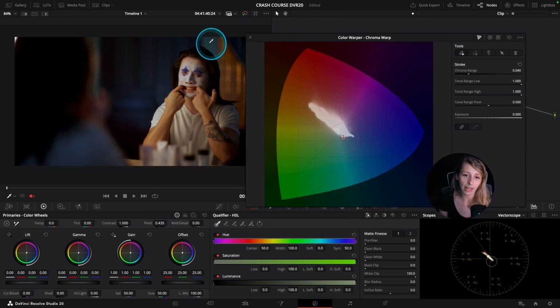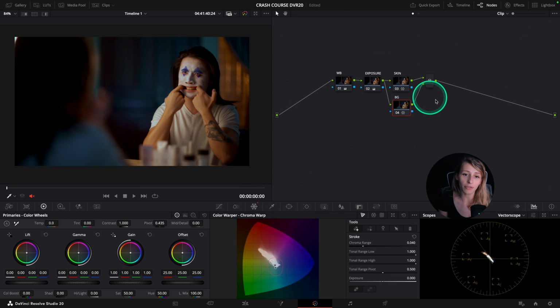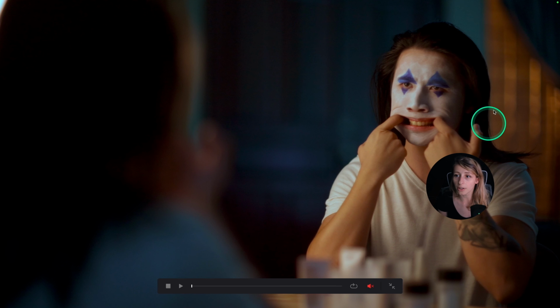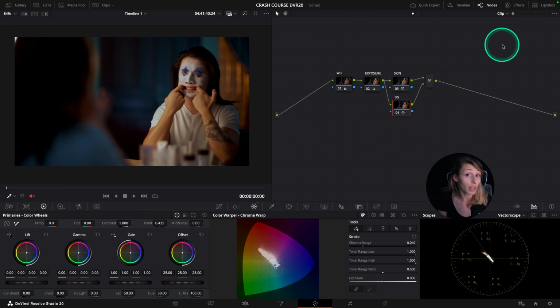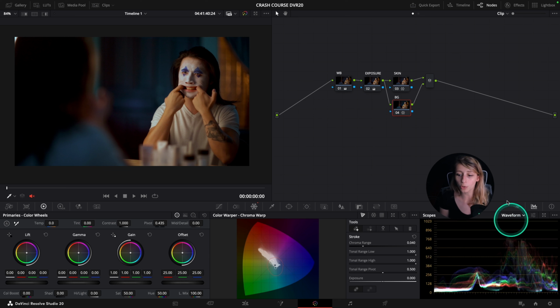I can select my blue and I can bring the saturation of my blue a bit more, if you see. So then we have a bit more cyan going on in the background. So you can see this is before, this is after. It's great. And also what I want to do is that I'm going to switch to the waveform for you